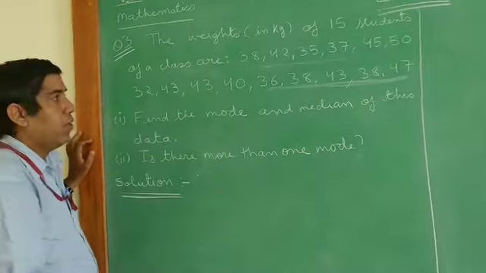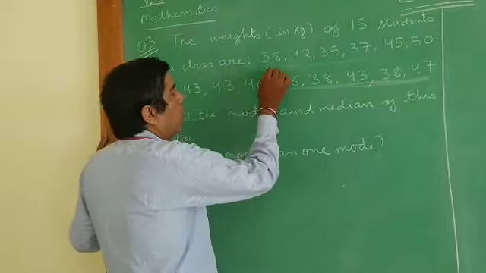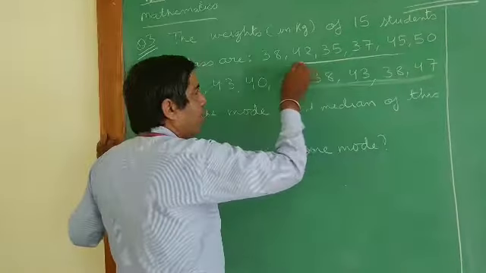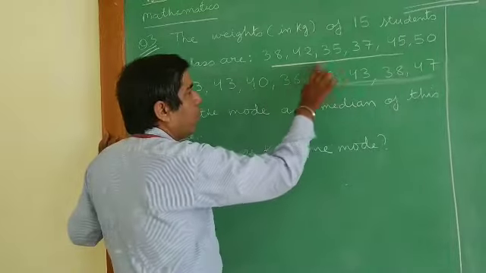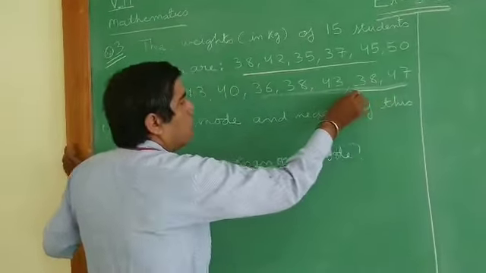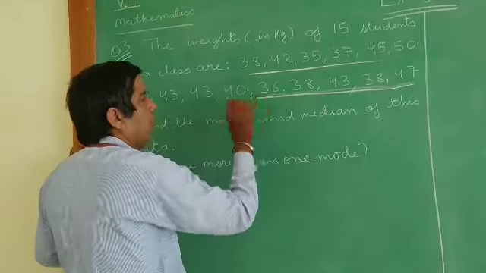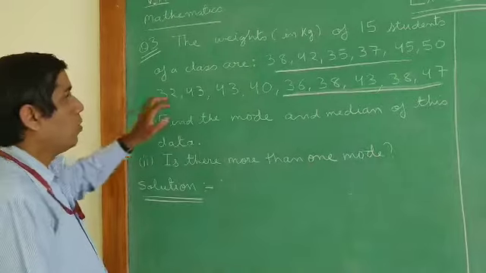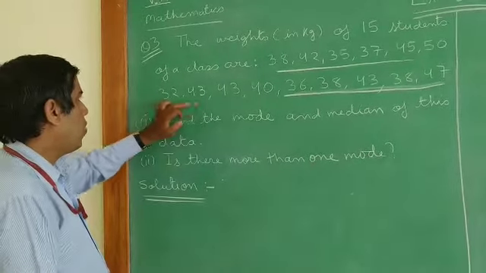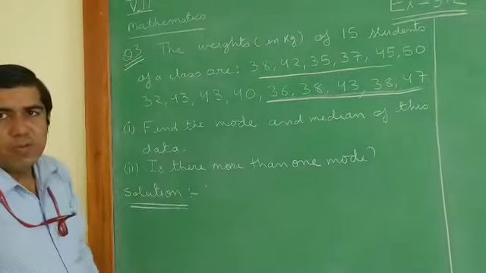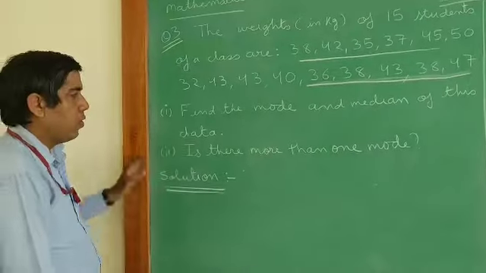It should be 15. So let us verify. 1, 2, 3, 4, 5. I am making a pair of 5, 5. So you can see it is a group of 5. Again put it down. 1, 2, 3, 4, 5. So 5 plus 5, 10. And let's count the remaining ones. 1, 2, 3, 4 and 1, 5. So it means 15 are there. Total 15. So it is right.